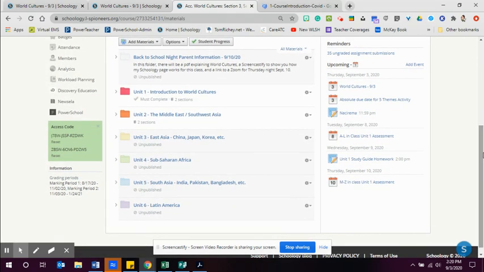As far as this class goes, we really get into a groove because the class is very repetitive in its format. So for every region, we will start out with geography and we'll do a mapping activity. We'll talk about landforms, regions, climate, all of those factors. And then we'll talk about culture. We'll talk about traditional patterns of life.